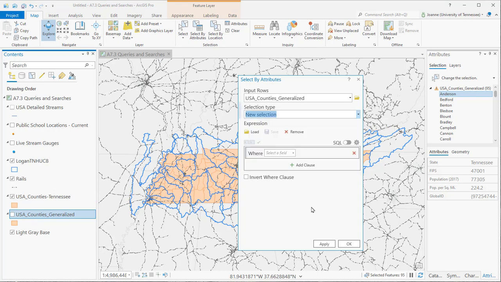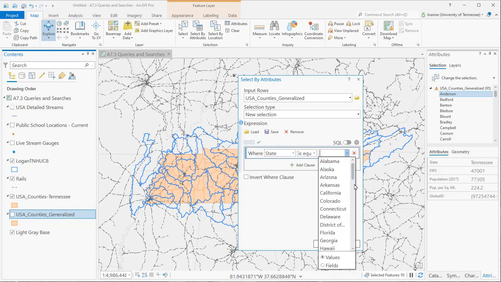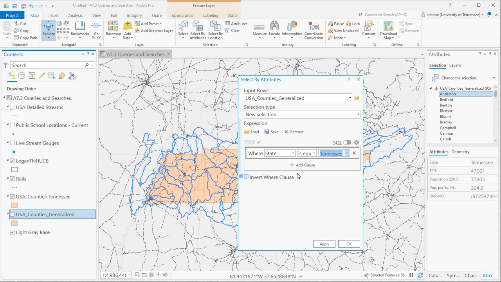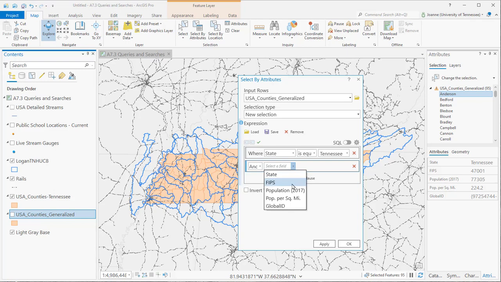So now we're doing it again, once again showing you've got all those choices of whether you add to the current selection or remove from the current selection. We're picking the state of Tennessee again. And now I'm concatenating some clauses. You've got the choice of the and the or. And this time I'm saying make sure that the population is high density, 100 people per square mile or more. And when I apply that,